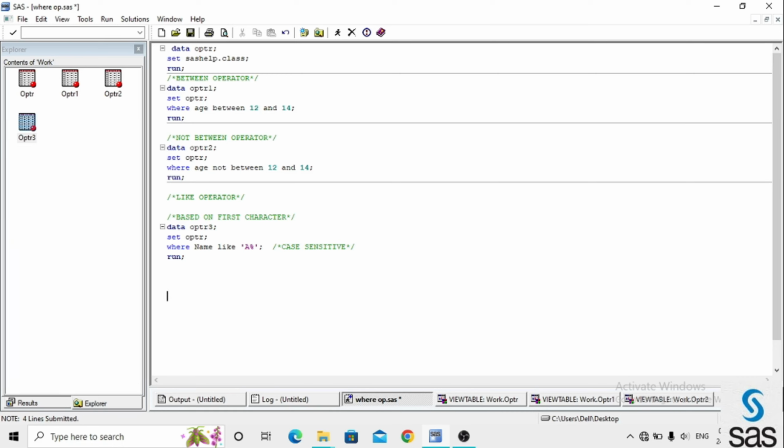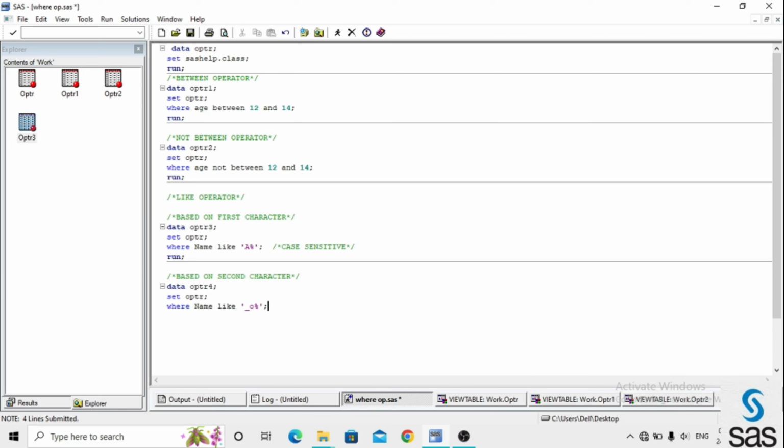Now the second one is based on the second character. How will the code be? Data operator4; set operator; where name is the variable name and the operator is like, with the condition '_o%', underscore o percent symbol.